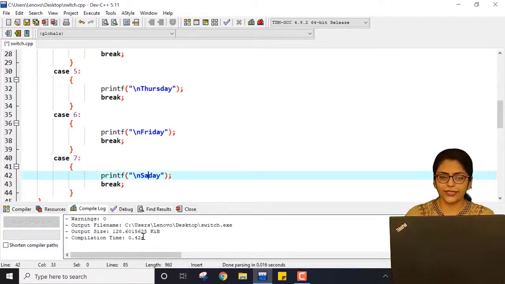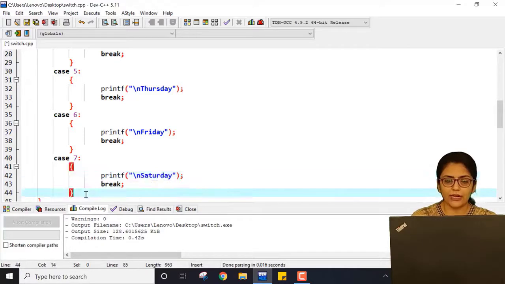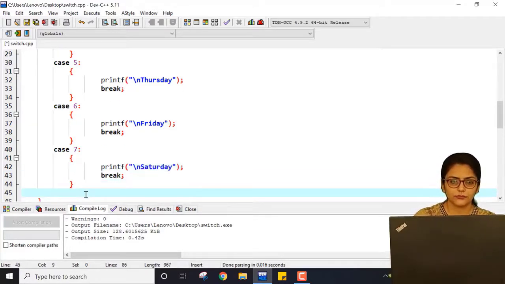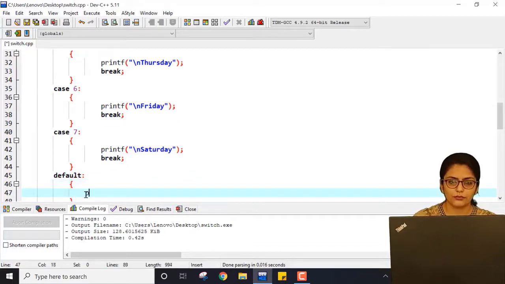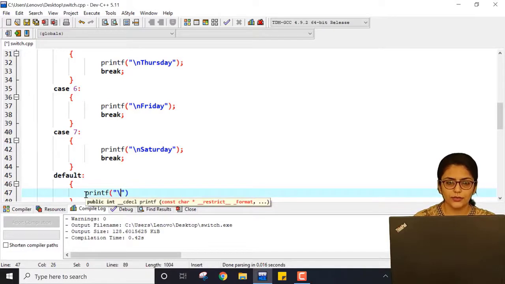And what if this is not the case? So by default I will write invalid choice. Right? So this is the case.